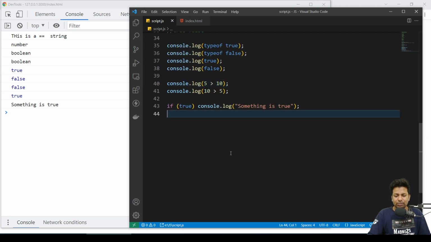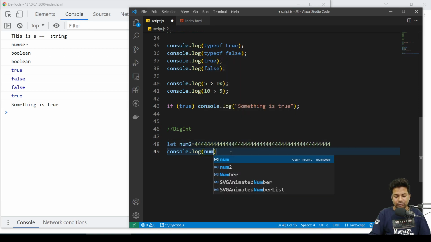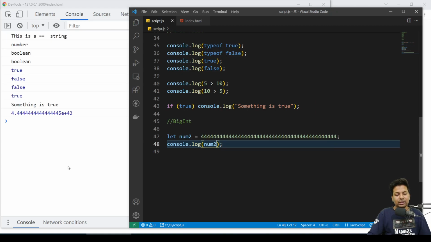So now you have something called BigInt. That's not very important, so let me just tell you quickly, because I'm sure you won't use BigInt more than maybe once in a lifetime. Suppose you are printing some number, and you say let num2, because I have already declared num. I'll take a bigger number to print. Now if I print num2,